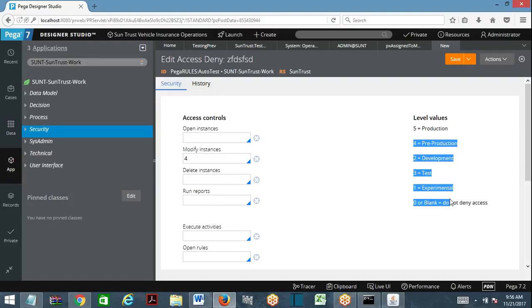There is no when condition at all. This is one test condition you have to meet. Now what is the solution? Access deny. You want an access deny rule? There you are going to give a number 4. Means access will be denied for 4 and below environments, but higher environments are accessible.